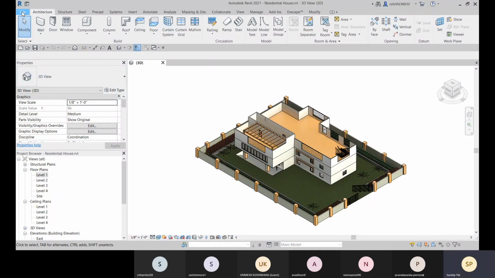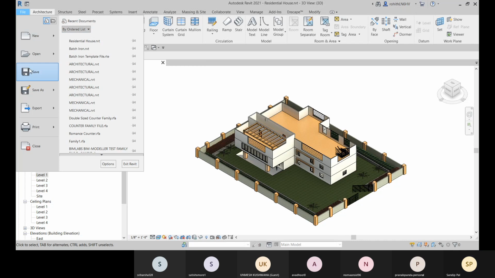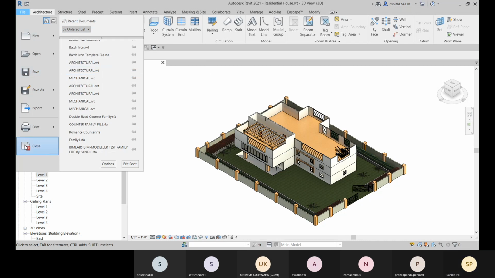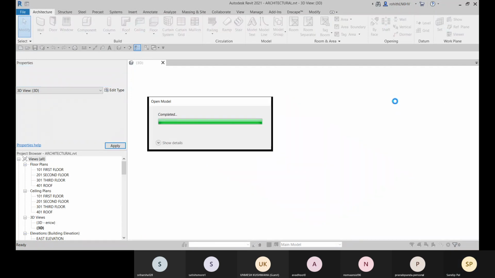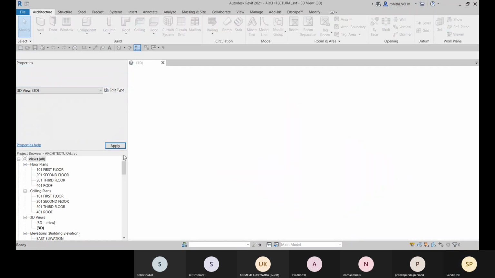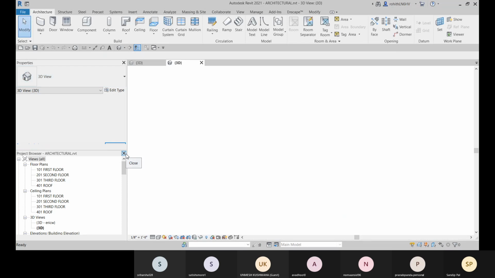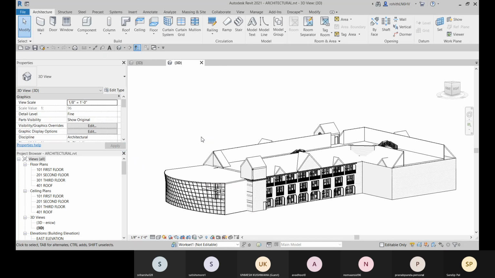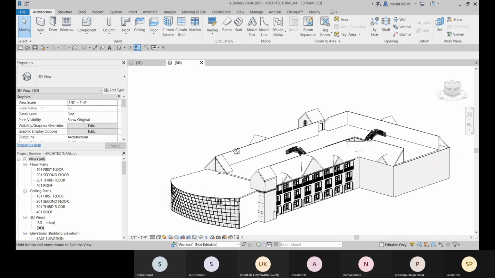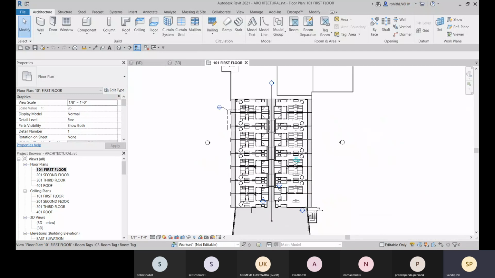Okay, just a second, let me open any other file. Right now, let me switch to any floor plan here.